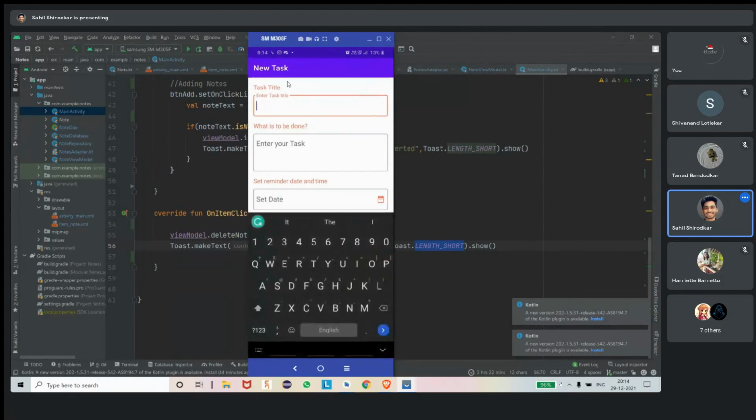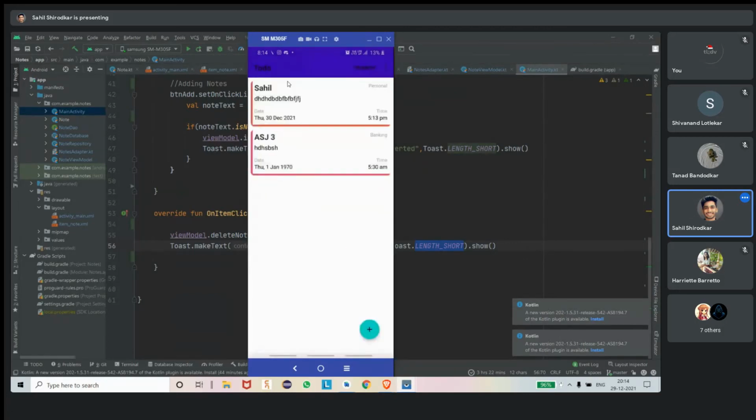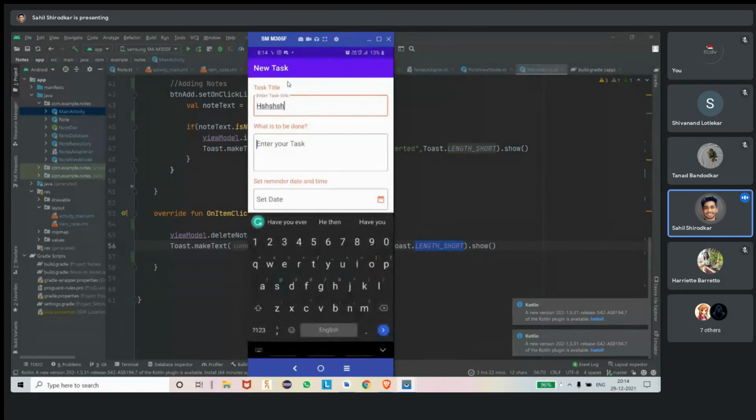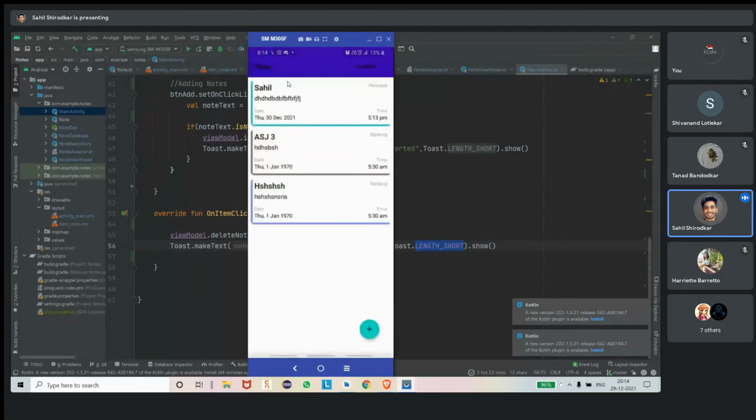Similarly, we can store different tasks. We write something and we store one more. Let's say we write anything and we store. So you can see, like this you can make an app where you are storing. Similarly, here I have made a to-do table, that is the entity, to-do DAO, to-do database, to-do repository, to-do view model, and the same code, nothing different. I'm just using two activities to do this.